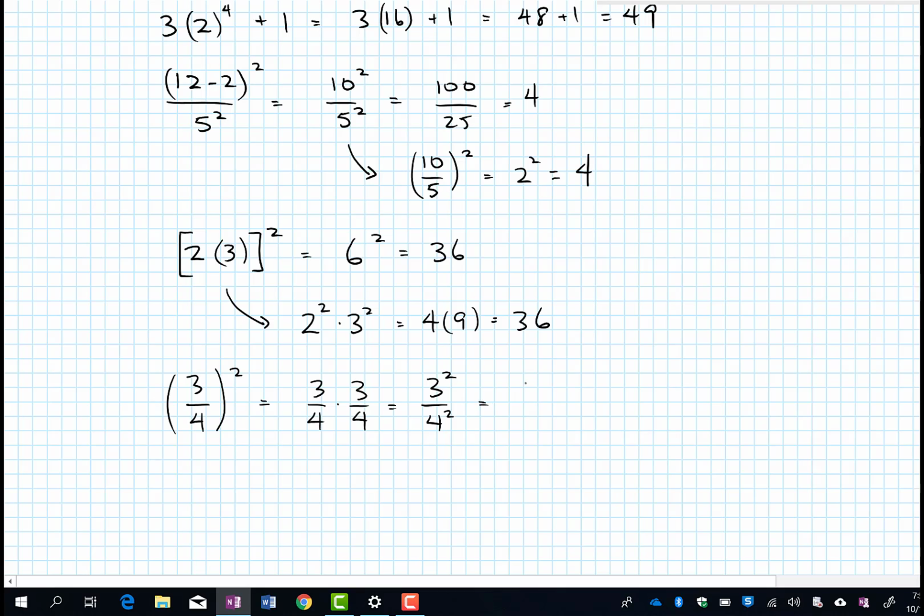Finally, we have a fraction, 3/4 squared. And you can just write it as 3 over